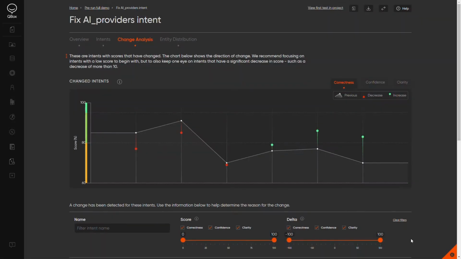This is the Change Analysis tab, and it gives some very useful information and is really important when you're on your second and subsequent test runs. You will find it empty if it's your first test run though. The Change Analysis tab shows you what has changed in your model at intent level across your three scores: correctness,